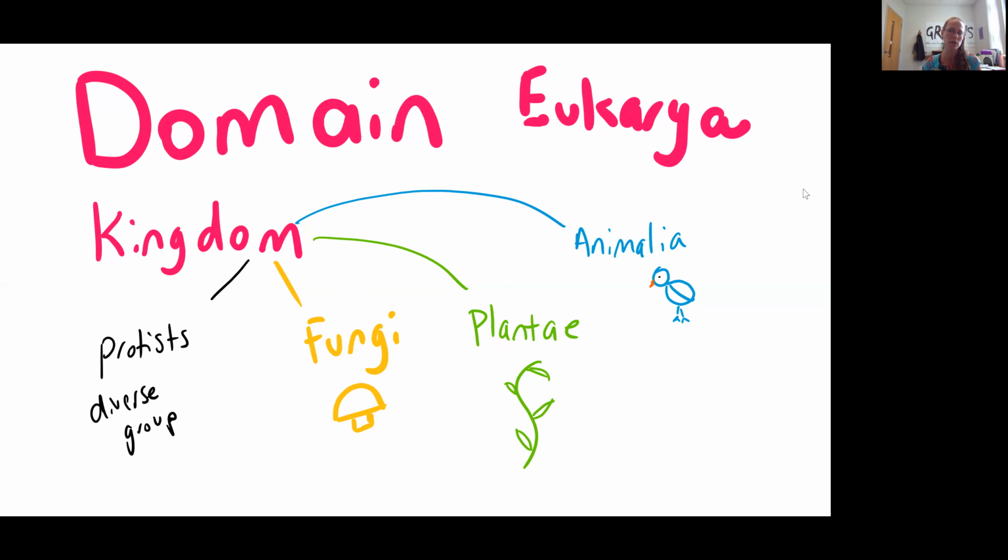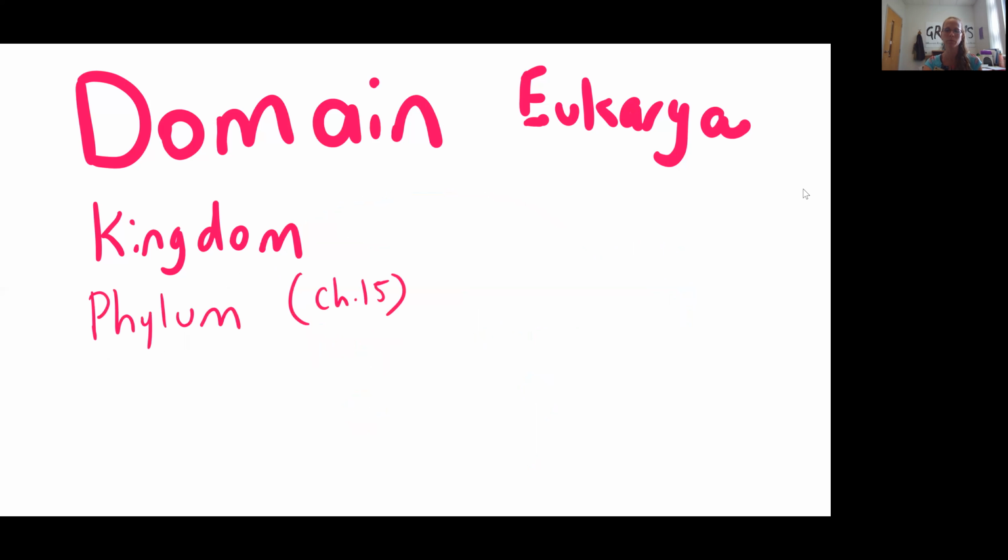This includes your mushrooms and your molds, your plantae, which of course are your photosynthetic organisms, and then we belong in kingdom Animalia, so we're pretty familiar with that kingdom as well. As you move into biology 2, you will be investigating the Animalia kingdom and the plantae kingdom in a lot more detail. We can next classify organisms in those kingdoms down to phylum.